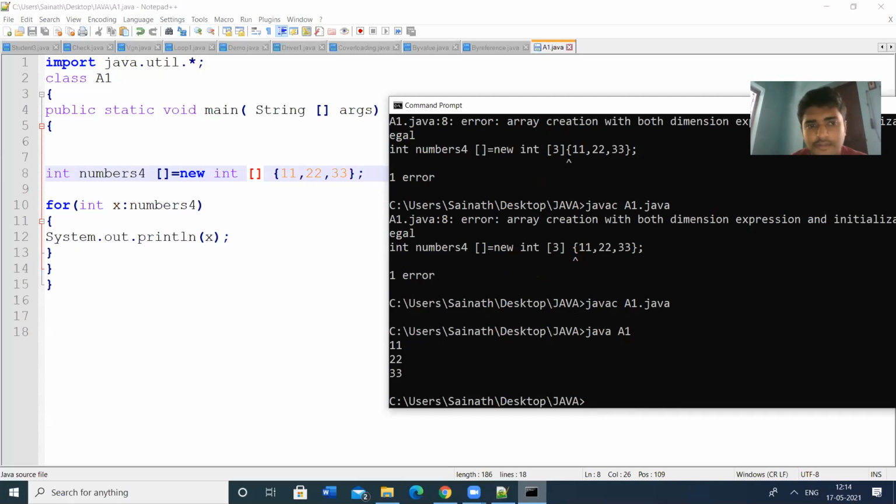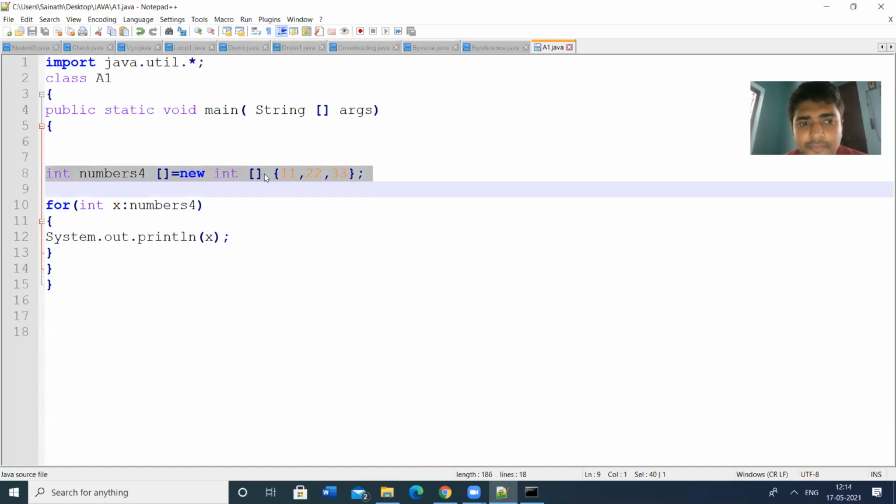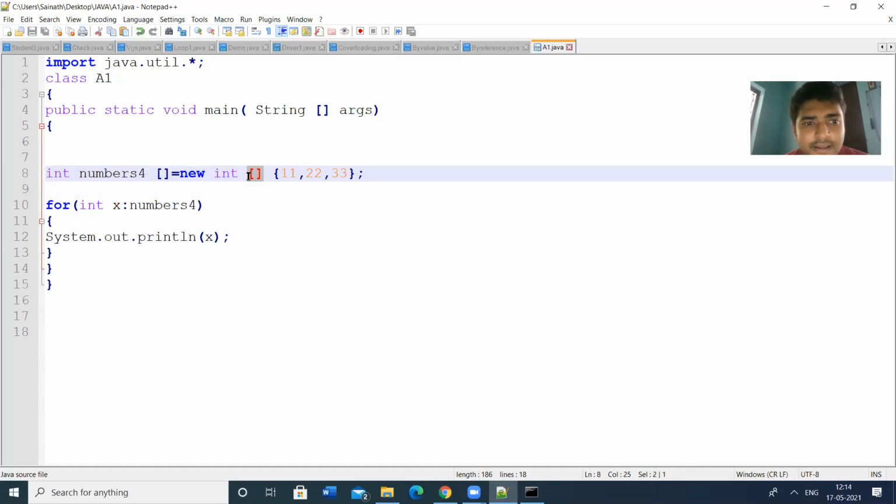Now we are getting the output. Check the difference here. If you initialize at the declaration level itself, we don't give the size here, otherwise the compiler gives a problem. Whenever declaration and initialization happen on the same line, we are creating an array as well as initializing it, so then we don't give the size here.